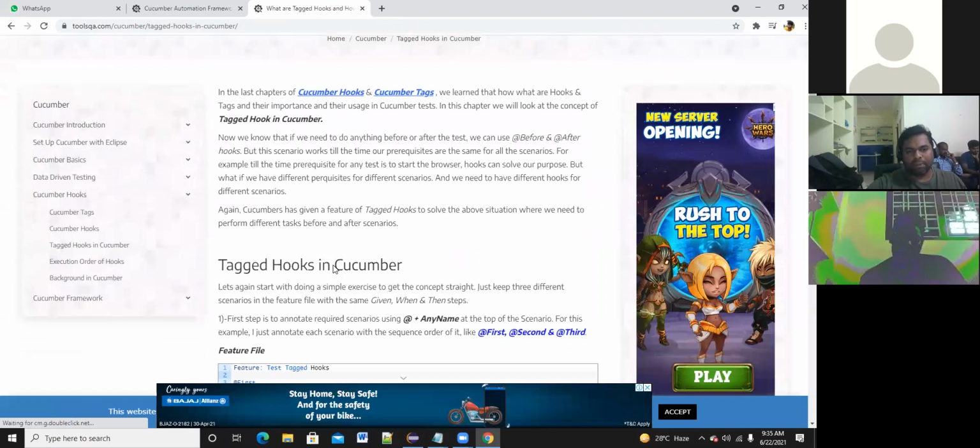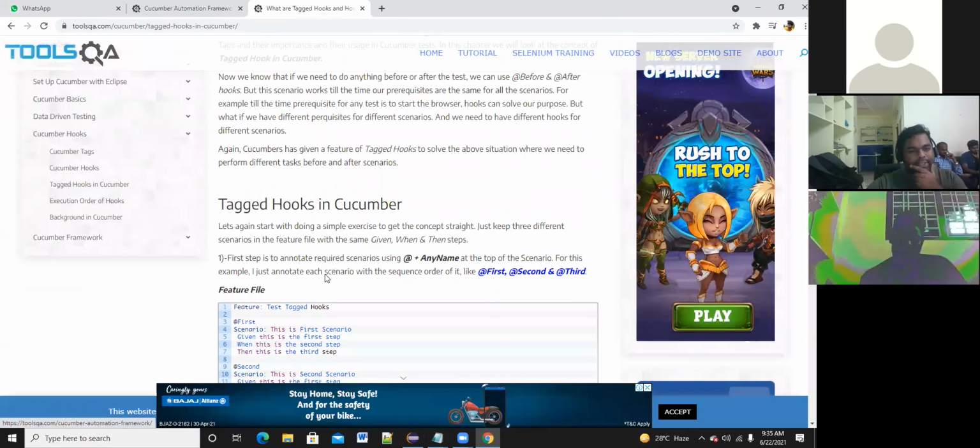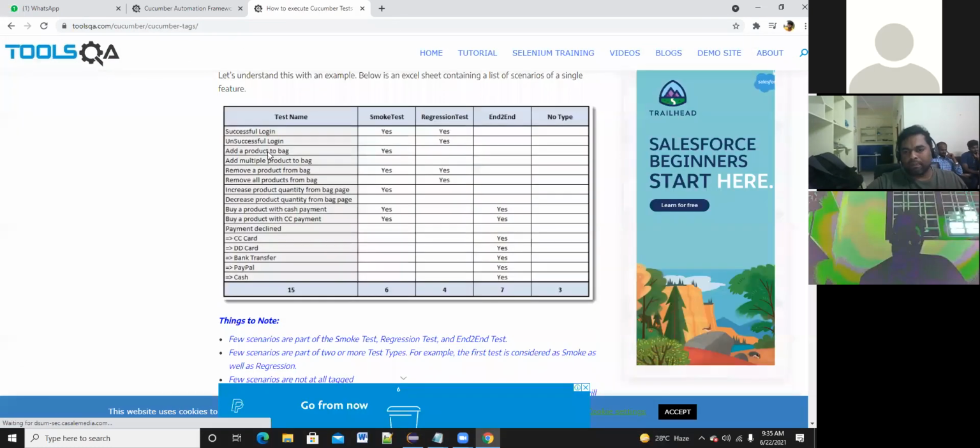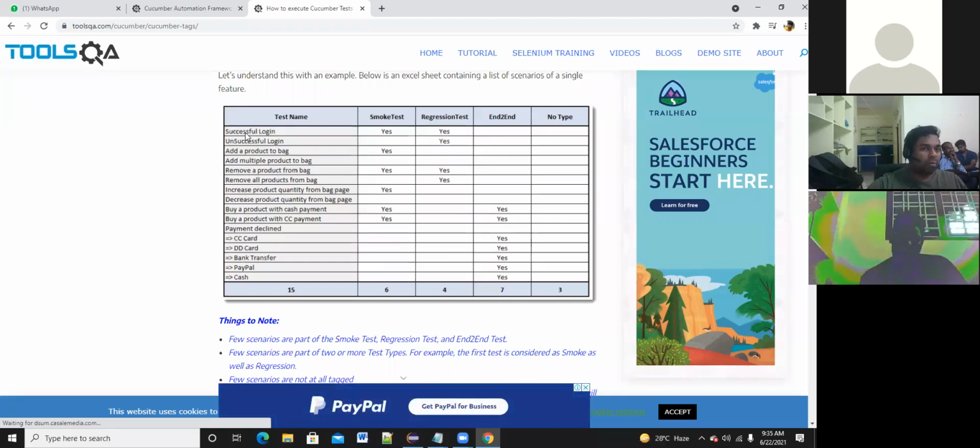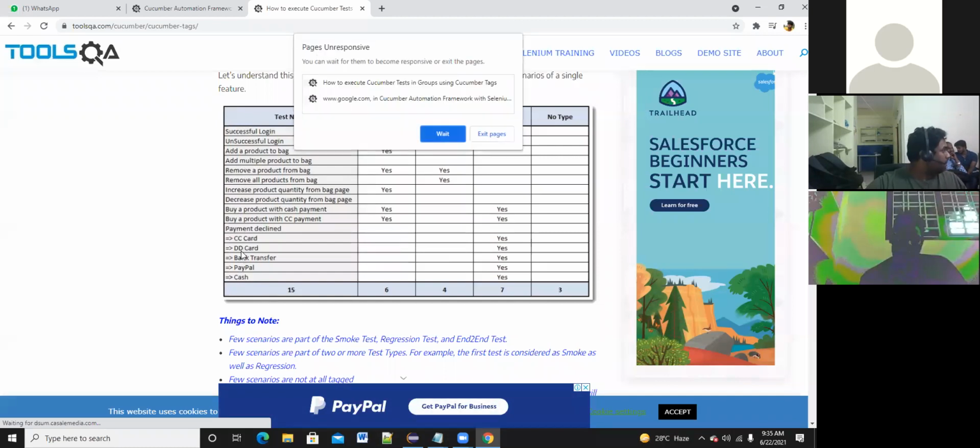Cucumber tags concept. Let's see what a Cucumber tag is. You have automated some list of scenarios. So you have automated login, add nationality, add skills, add customer, modify customer. Like that, these are all different test cases. You have automated some set of driver instructions and you have implemented a separate feature file for every feature.